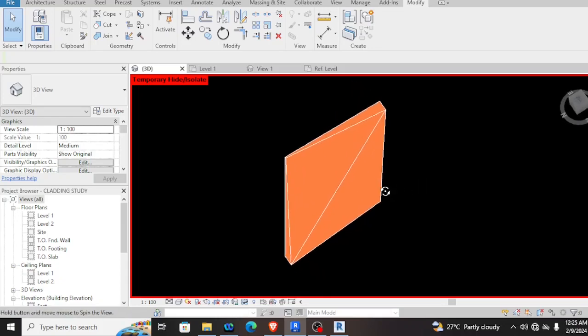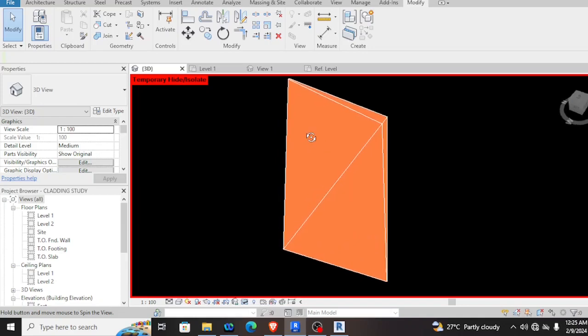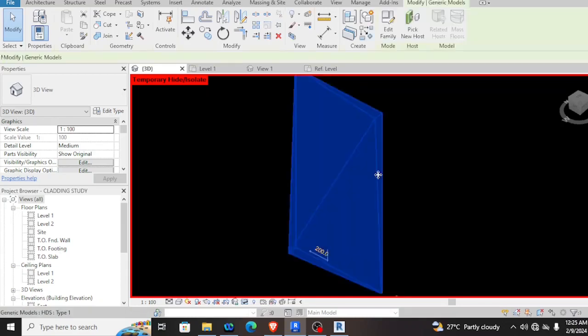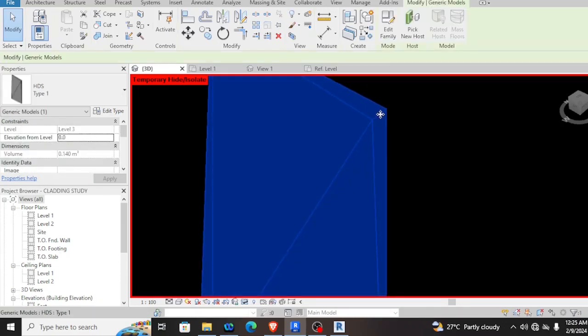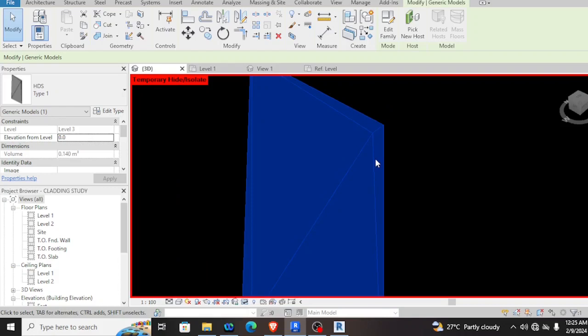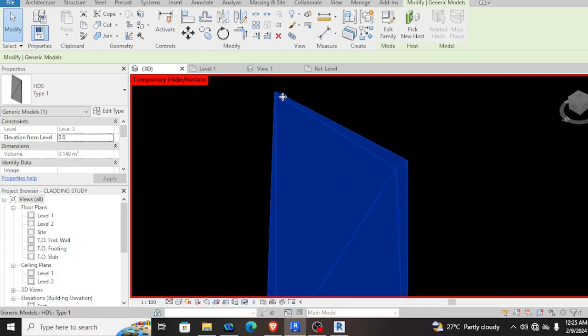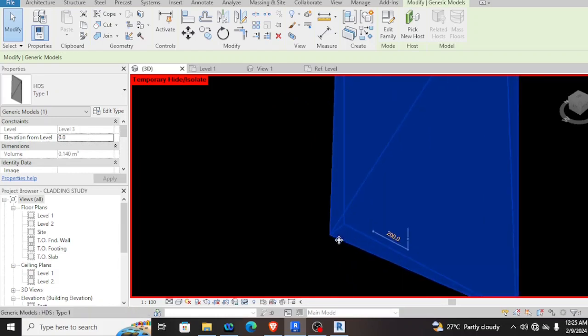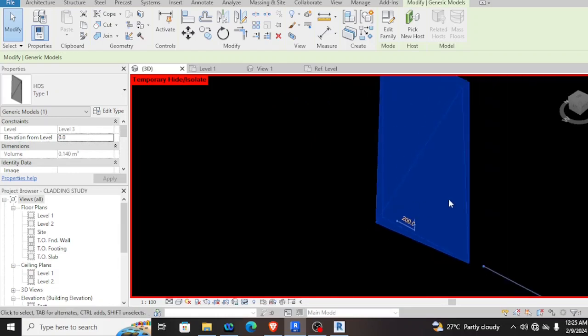When you rotate it, look, this one is the higher part of the sloping. When you click it, as you can see, the thickness is different from here to here. It's the highest part going down the slope.